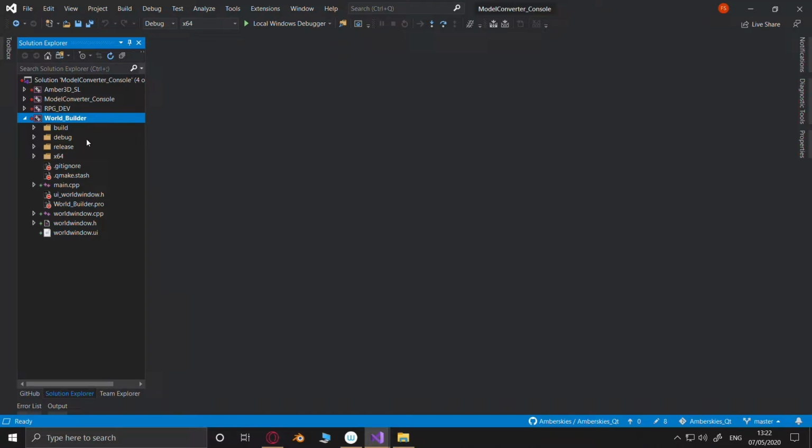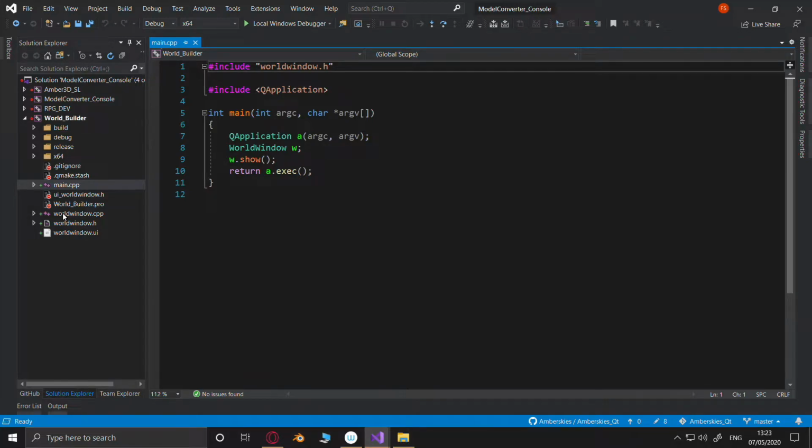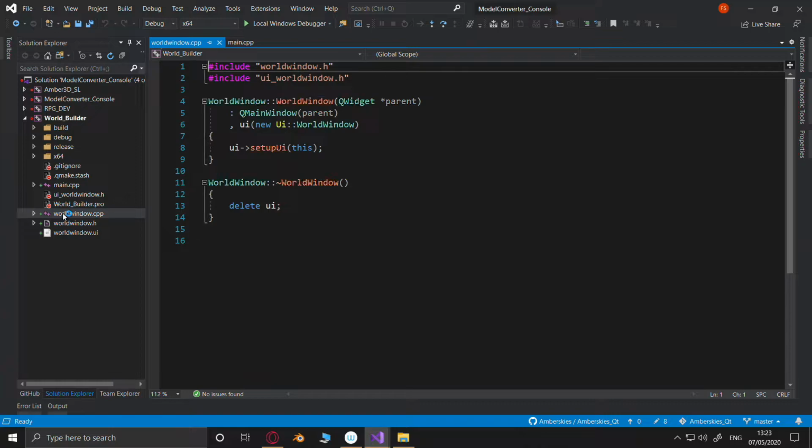I can see everything now. We have a main, the standard main that it would give us. We have the world window.cpp, which is a standard world window.cpp. Great. Right, this is where I want to mess about, isn't it?